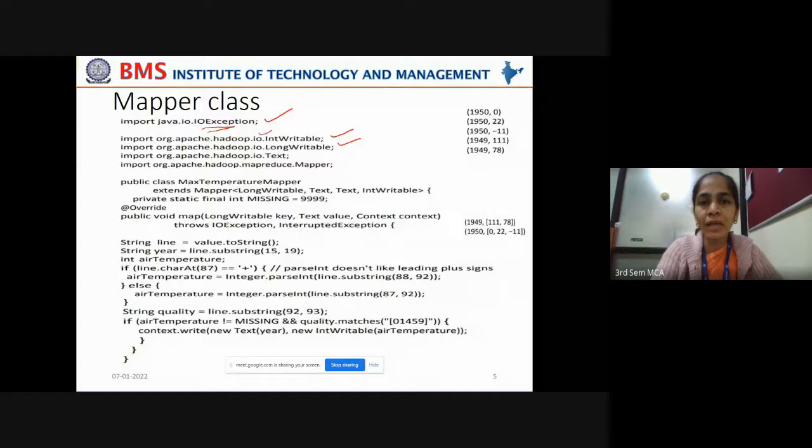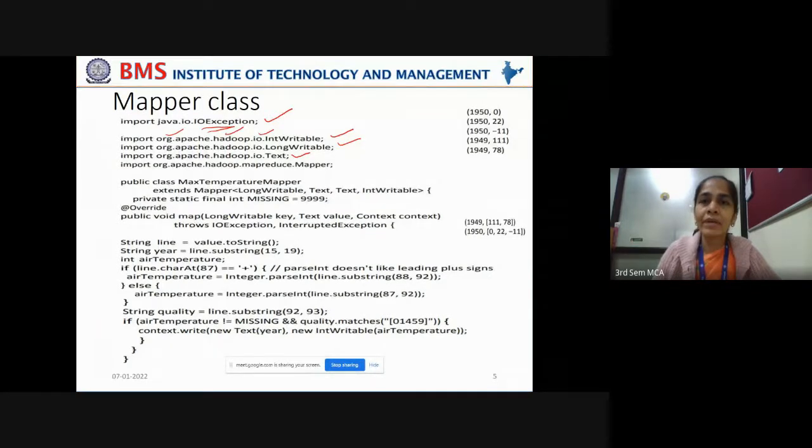They belong to the IO package of Hadoop. org.apache.hadoop is a package which has a sub-package io, which has the classes IntWritable and LongWritable along with Text. So these classes are native Hadoop data types.